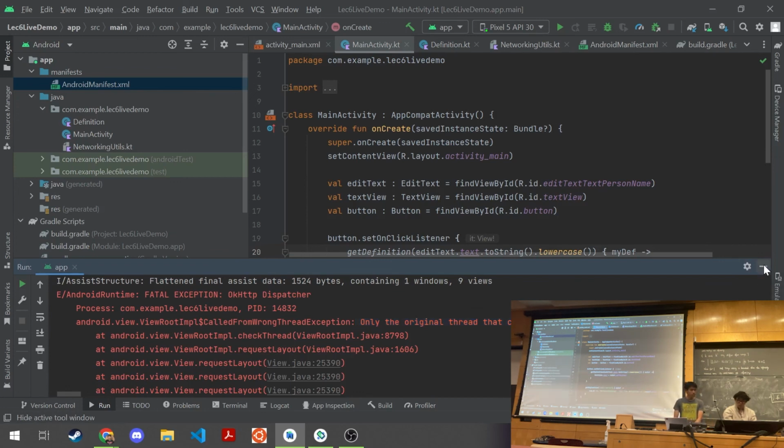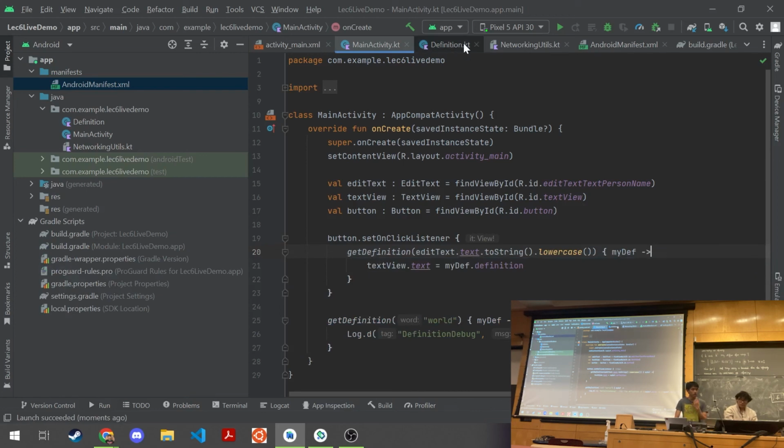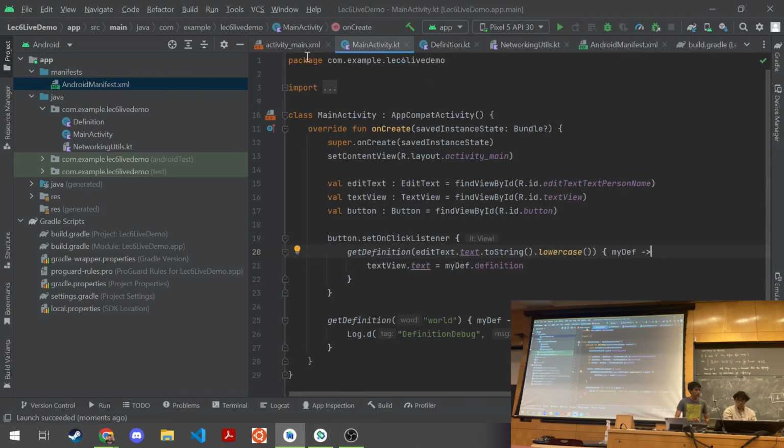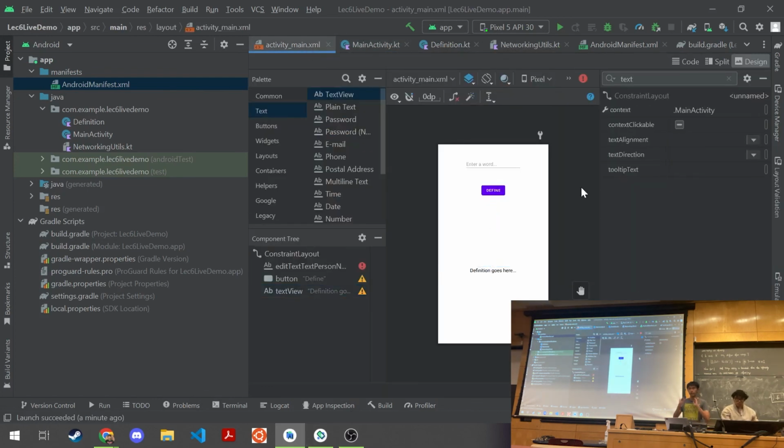Basically what this is saying is the thread that's running the API call can't actually touch the thread that your layout file is rendered in. These are two separate threads working simultaneously, and only the thread that is rendering your layout can actually touch and edit the layout.